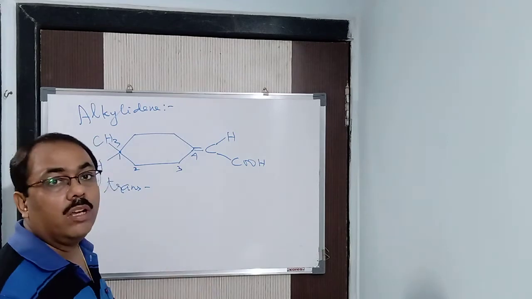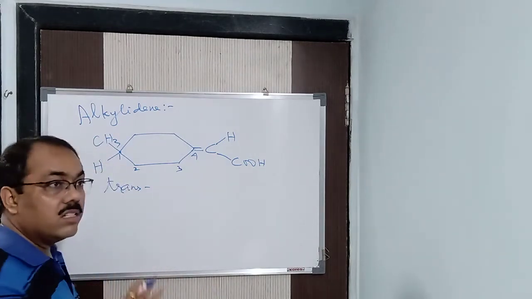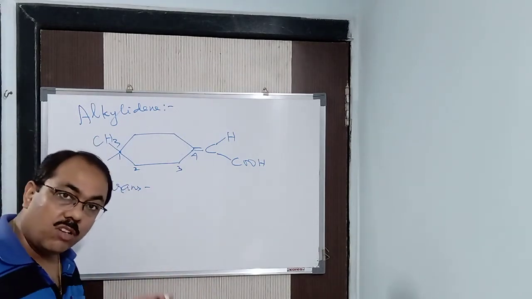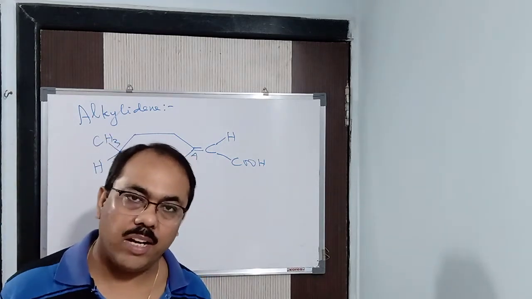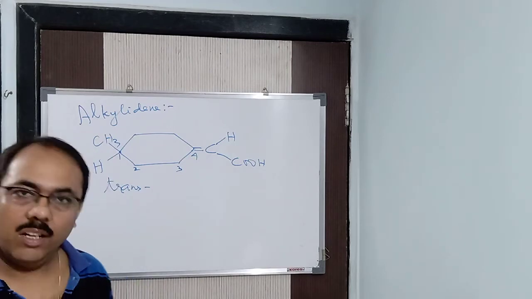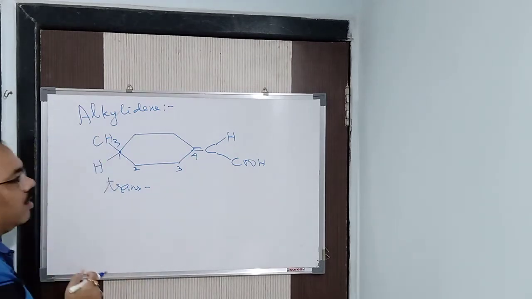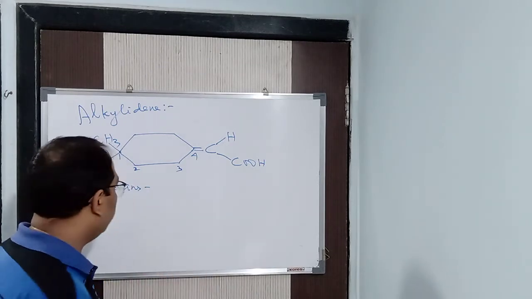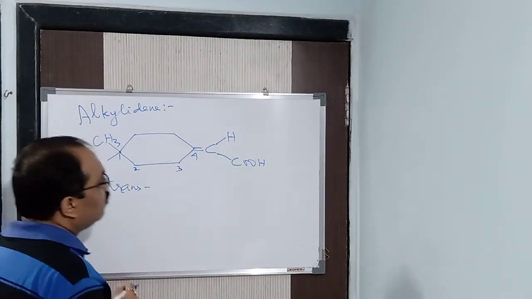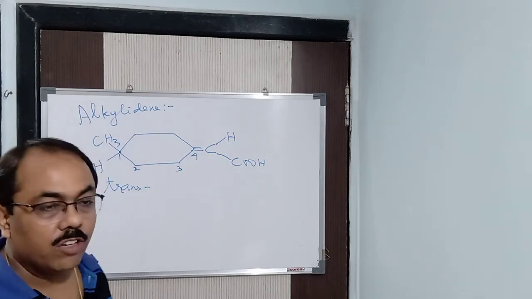Then what is attached to the ring? That is the CH3 group. You say CH3 is also outside the ring. Yes, of course. A prefix is always outside, never inside with the ring. So here the prefix gets the preference. If the double bond had been inside, then I would have given it the preference, as I am saying repeatedly. So here, what should be the naming? The numbering I have done. Now you can do the naming.